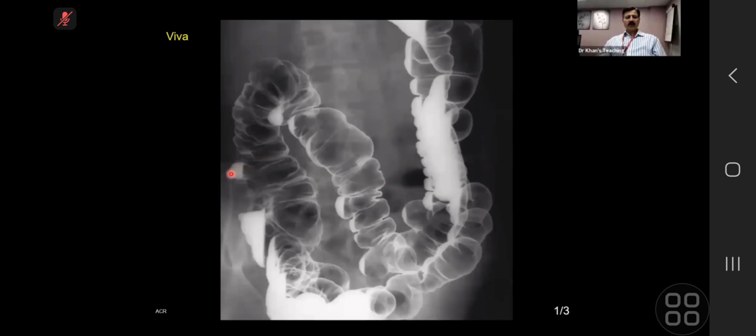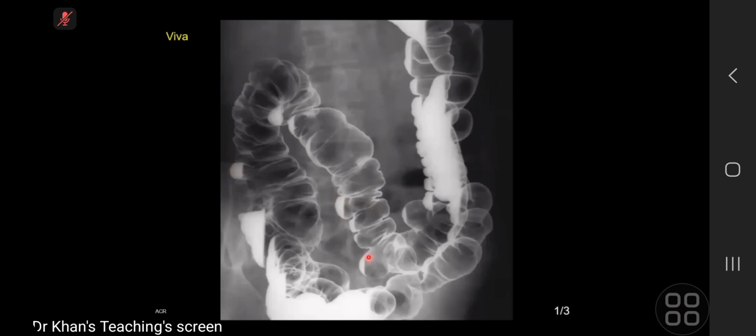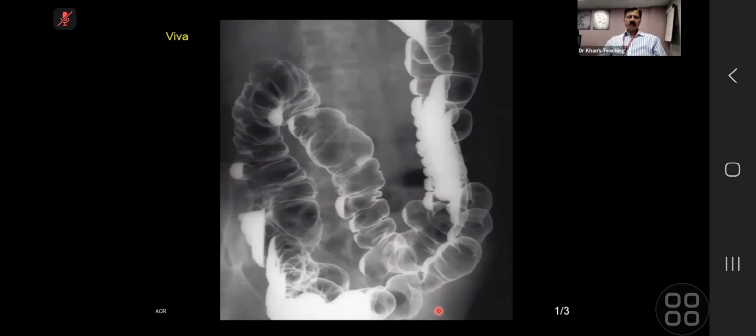Okay, very good. You have picked something up here. What do you think about this? For multiple, like when the transverse, ascending and then going all the way, I can't see any in the descending. And there's pooling of contrast in them, so it makes me think whether these are diverticuli or polyps. Something else,